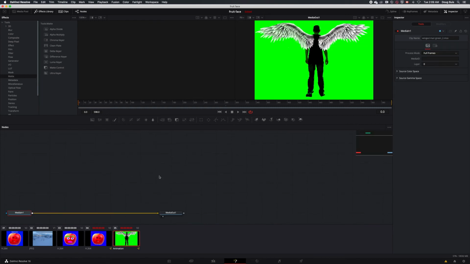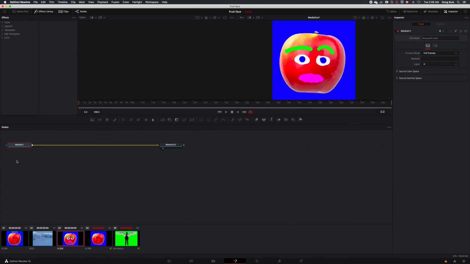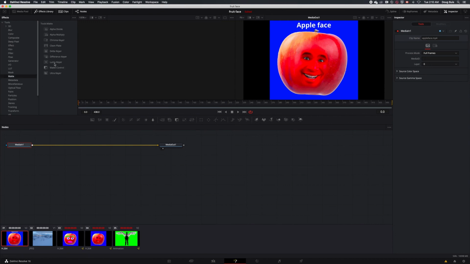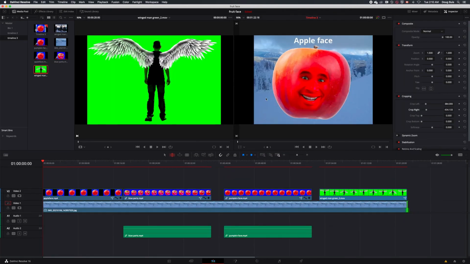I will do this one. See, as soon as you click on these, it automatically sets up the nodes there. Always it's matte, delta keyer. Oh, actually, I should have made those little eyeballs blue because they also disappeared. Well, that doesn't really matter. Okay. Now when we go back to the timeline, now what I want to do in each one of these,